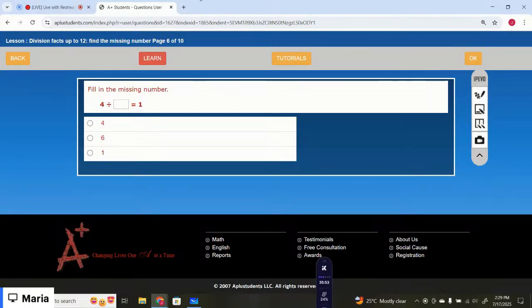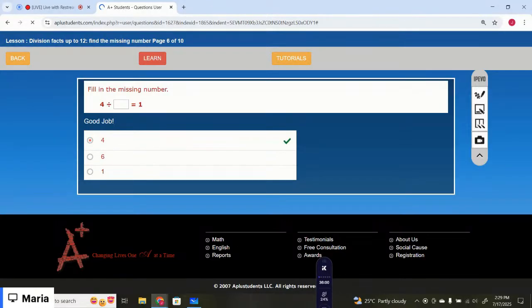That would be 4 divided by 4 is 1. Option number 1 is